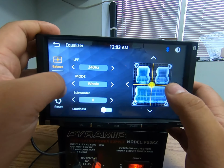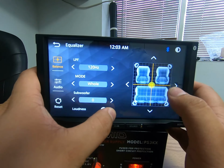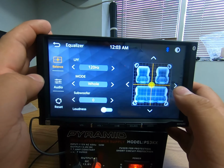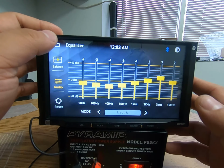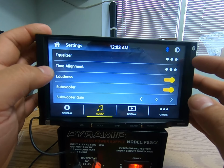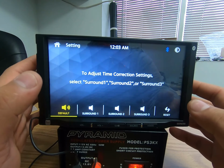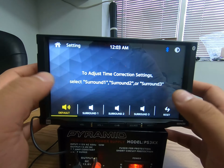You have a low pass filter on your sub. So your subwoofer here, you have loudness here, so you could set the subwoofer low pass filter, and then a subwoofer level here. So if you didn't have a bass knob, you want to control your subwoofer from here, you did have that option to do so. And then you do have loudness, which is going to boost a bunch of lower end frequencies. You do have a time alignment option, but it's again not something that I would suggest you really using in